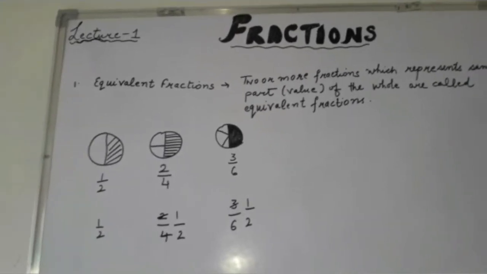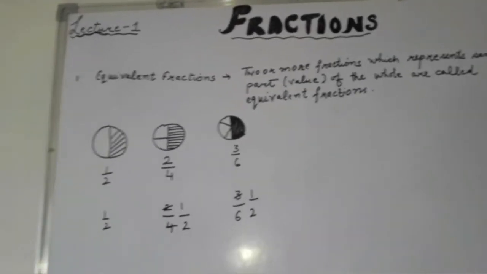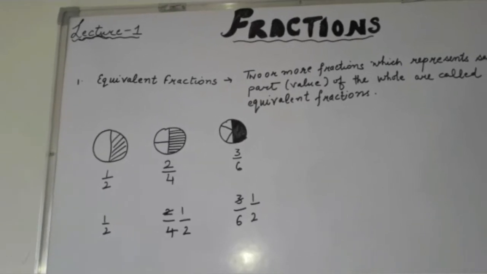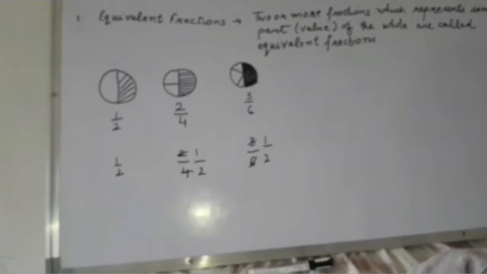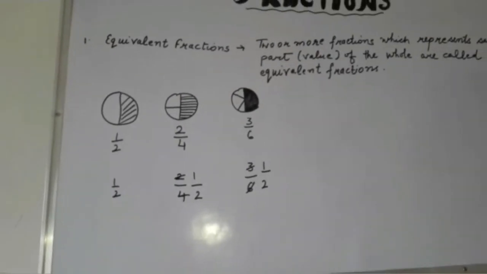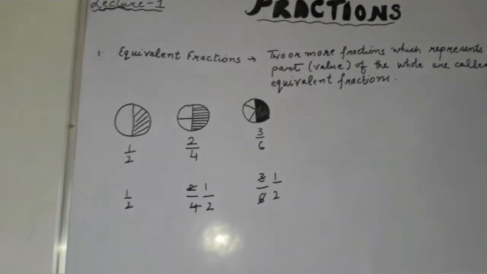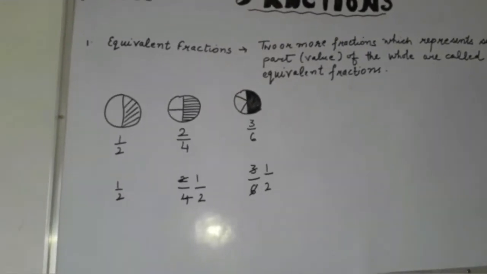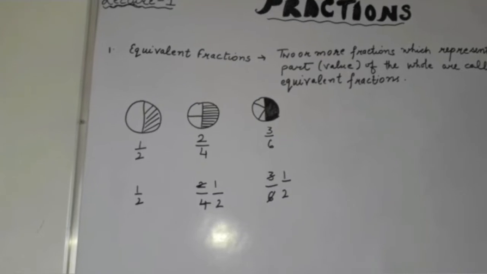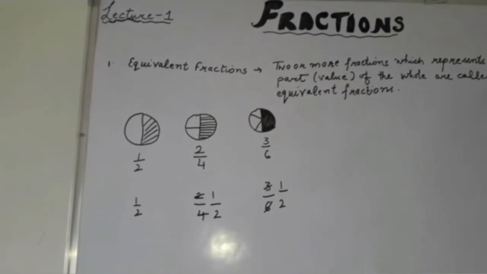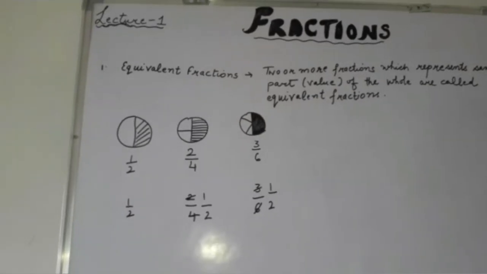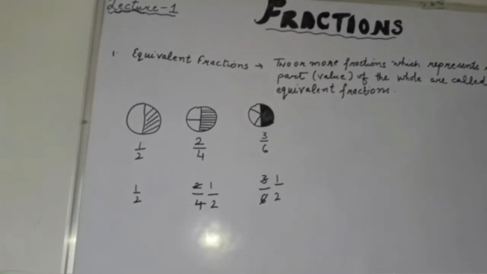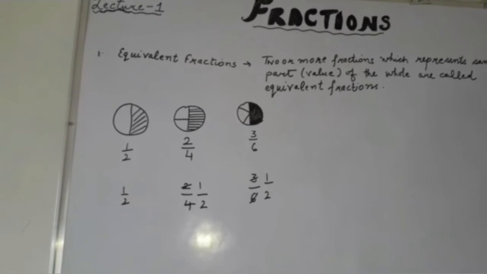Again 3 by 6, again it goes on the table of 3. That is 3 1s are 3 and 3 2s are 6. So after doing cutting, or it is also known as its simplest form, I will get all the fractions equal. So these type of fractions are called equivalent fractions. That is 1 upon 2, 2 upon 4 and 3 by 6 are called the equivalent fractions.